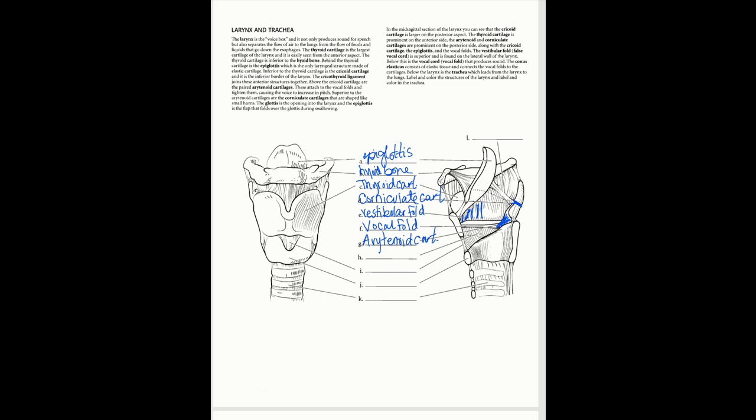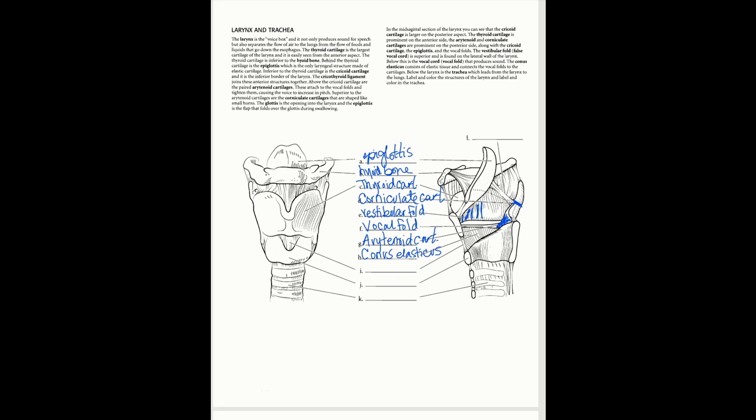And then below that at H, we have the conus elasticus. Okay. And your conus elasticus is going to be the tissue that's going to connect your vocal cords to the